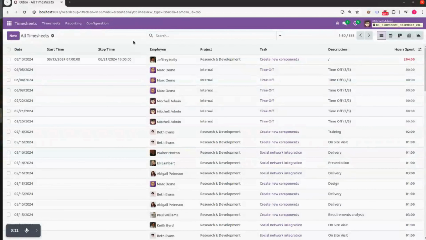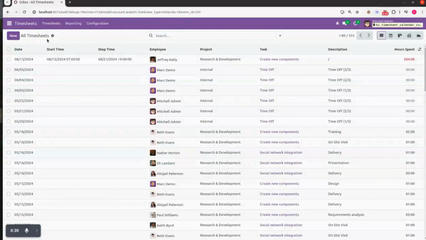In this module, you will be able to manage the timesheet weekly, monthly, and daily. You can schedule the timesheet activity project-wise, by task, duration, employee, and description. Based on the start date and end date and time which you have provided, hours spent will be calculated automatically and that will be updated in this particular timesheet calendar. So now I will show how this application works.